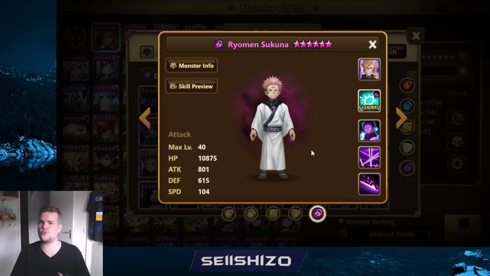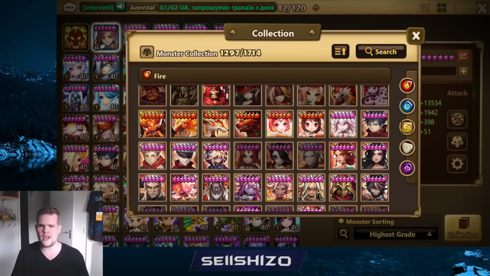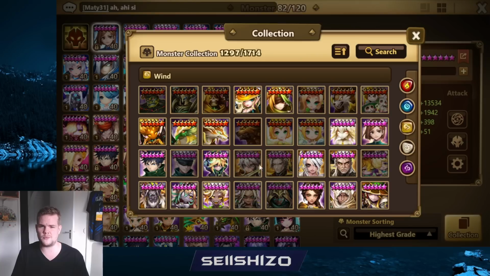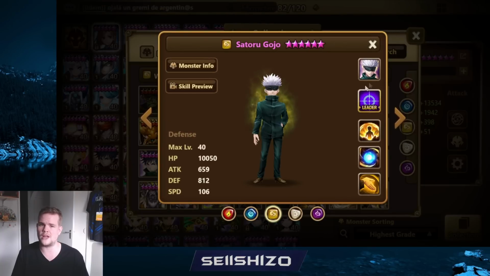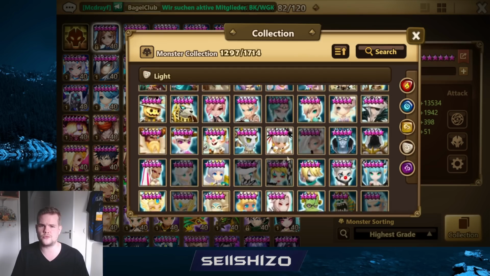Which one would you recommend me to focus on for skill ups? And maybe then I do a full feature video of one specific unit and where you can use them. Let me know in the comments which one of those units you would like to see being used. So I have pretty much all of them except for the Gojo Wind for normal elements. And then I have the light version of the